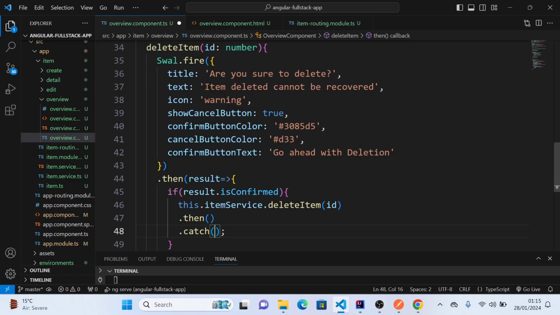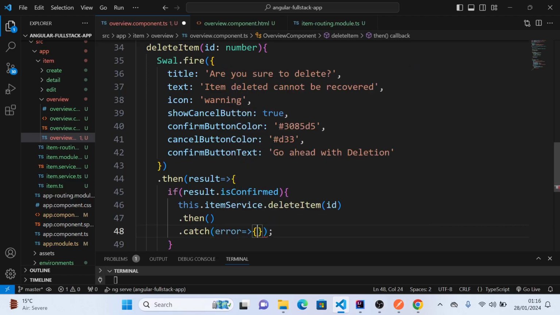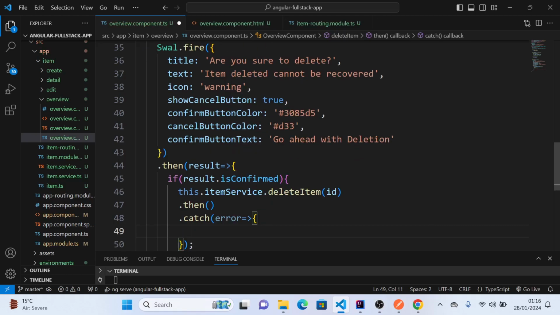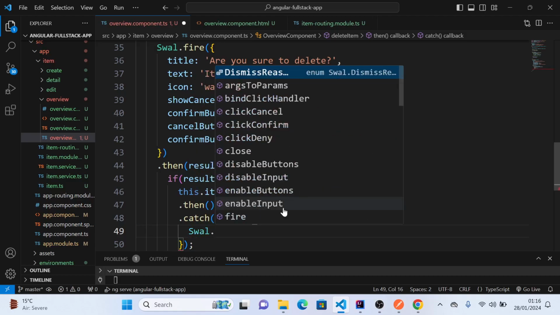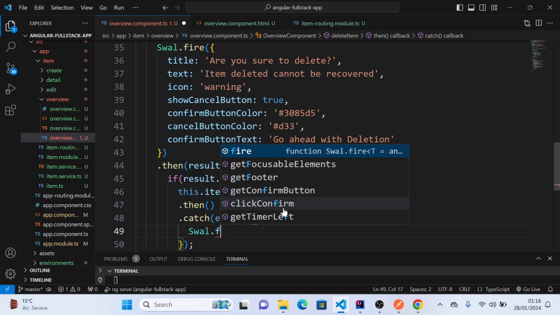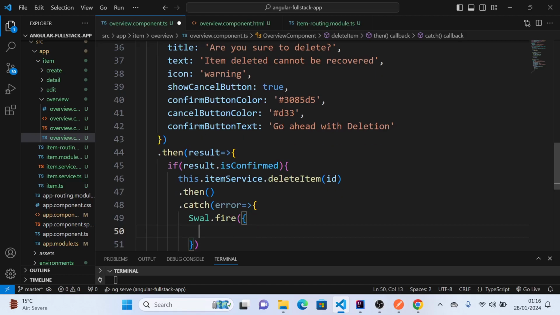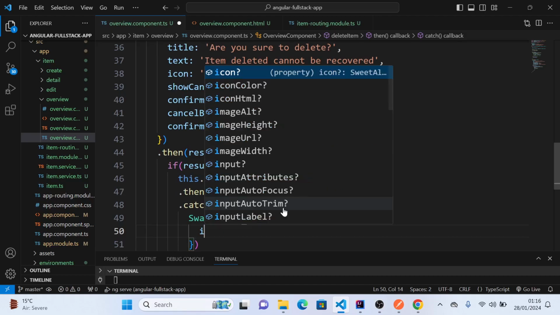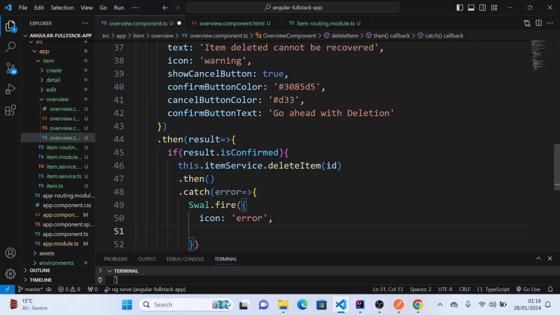And in the catch we'll just say Swal.fire, pass the config object, and here we will have the icon as error, and then we'll have